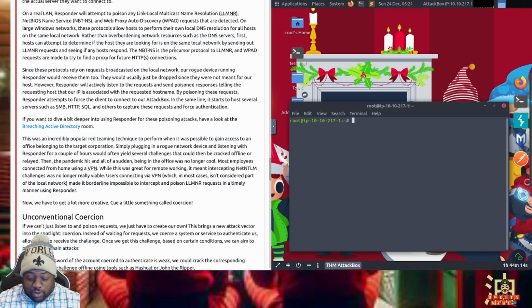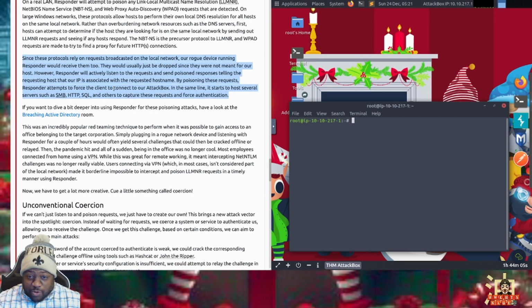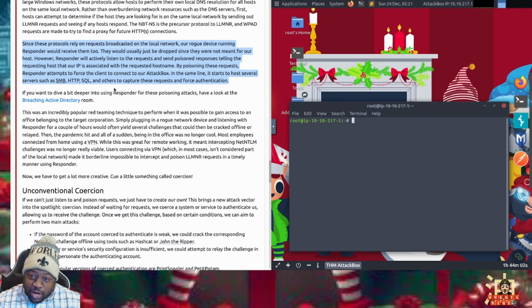Now, how would that work? The same way other things like ARP would work, which is broadcast. So these protocols rely heavily on broadcast.